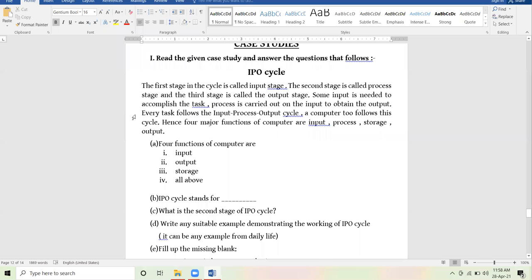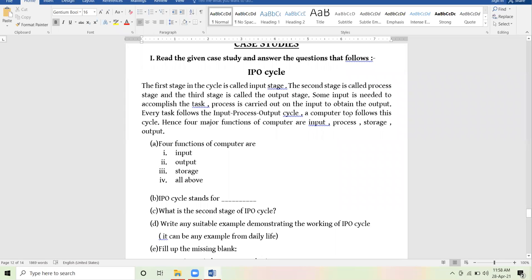So let us start the first case study, a sample case study which I have created for you people. Beta, it will be very nice if some of you can turn on the video so that I can see your reactions and interact with you easily. It's not compulsion. Those who can, they must turn it on. Okay, I give you 1 minute.